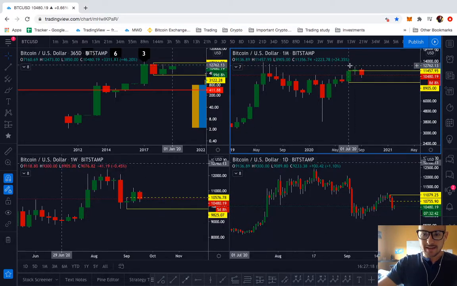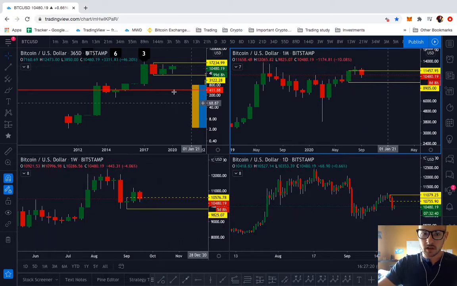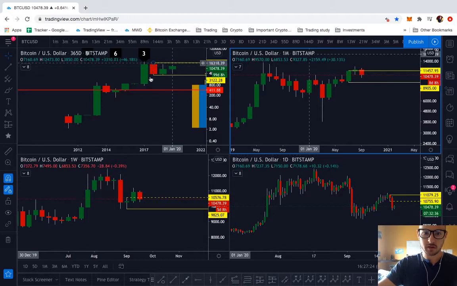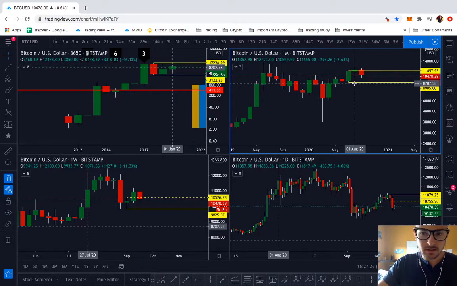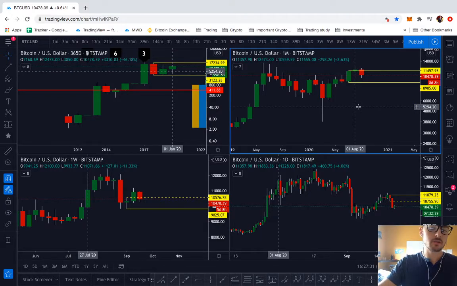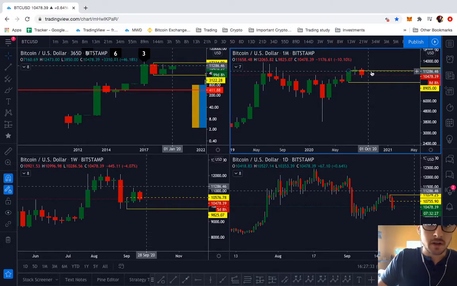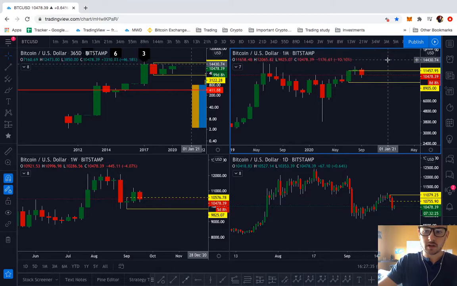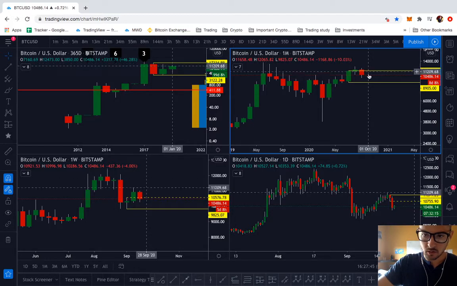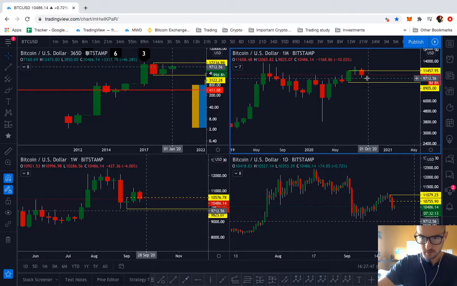So when it comes to the monthly chart, we're still in an uptrend. More like neutral, like we're ranging, right? We're in a range, but we're still in an uptrend unless we can break this low at 8,905. And we're in an uptrend continuation if we break 11,457. Okay, so I'm going to be watching the monthly close in 8 days, because if we open a new month inside this range,